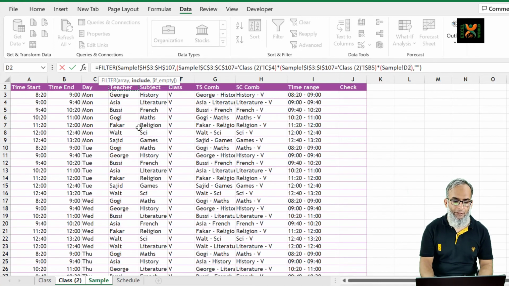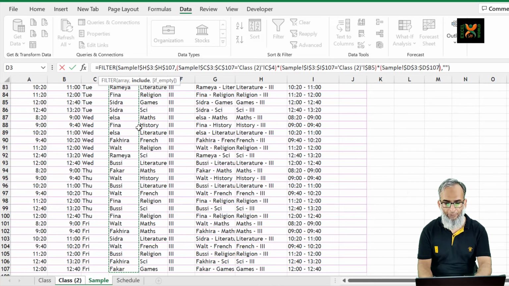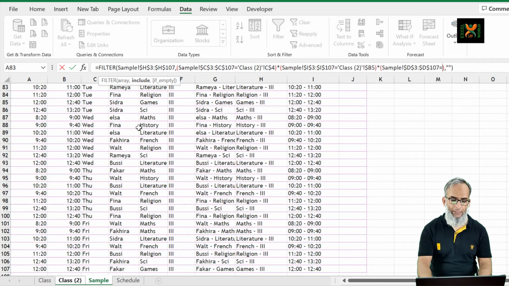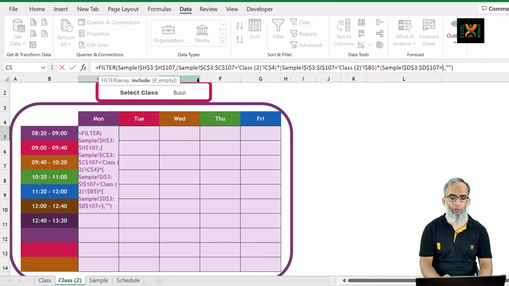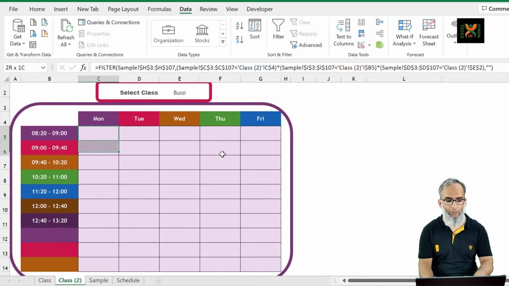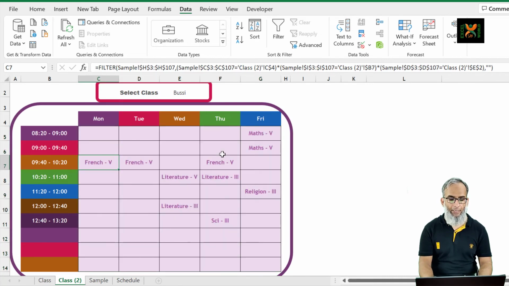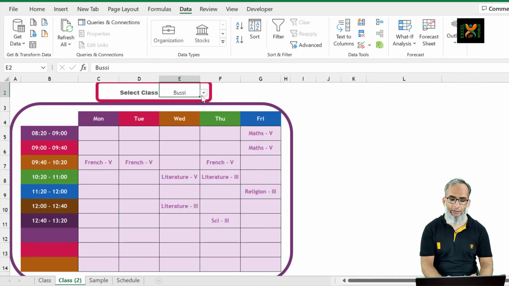So we have the teacher in this column. We can select all of the range in the column, press F4, press equal to, go to your format, select the cell with the drop down menu for selection of teacher, press F4 and press enter. Now you can just easily copy to the rest of the cells, and here you have, you can just select the teacher from the drop down